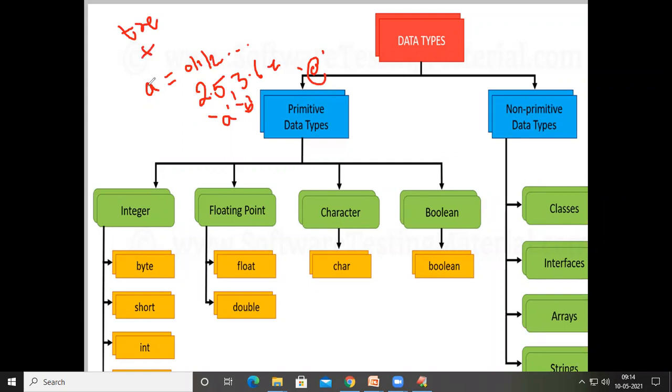We have to tell the compiler what this A is going to store.